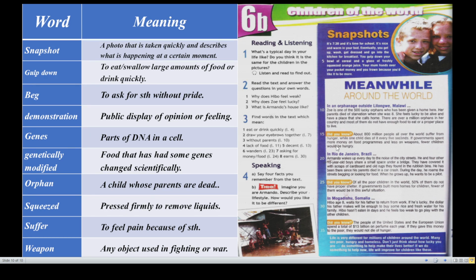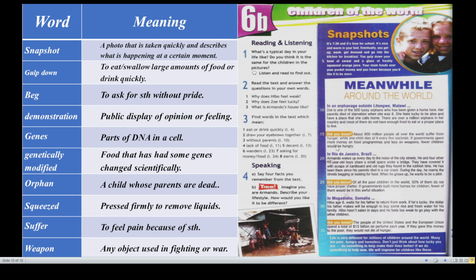This part of the paragraph shows the very difficult circumstances in which Armando and the other children with him live in. They have no home, they are homeless, they beg for food, or they search in rubbish bins maybe. Very difficult life. Did you know, of all poor children in the world, 50% of them do not have proper shelter?